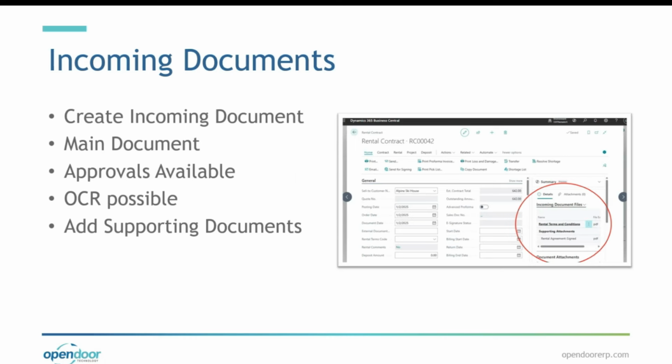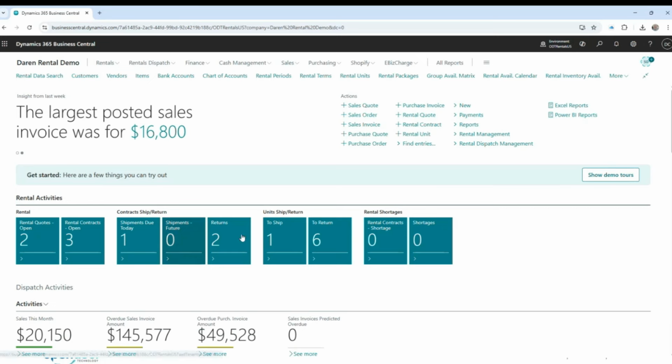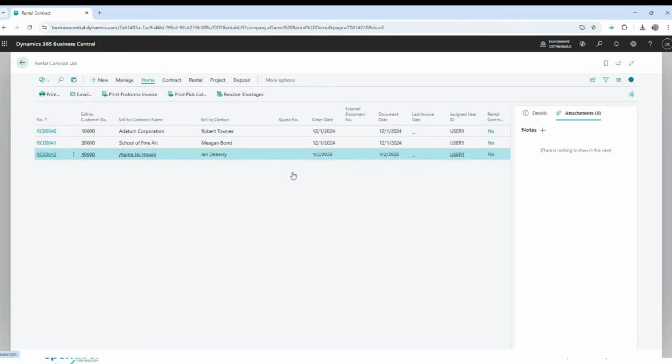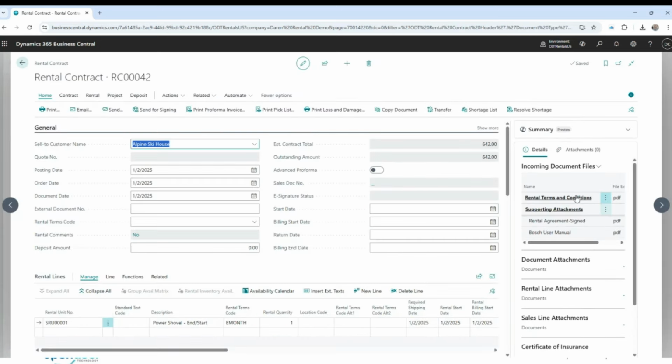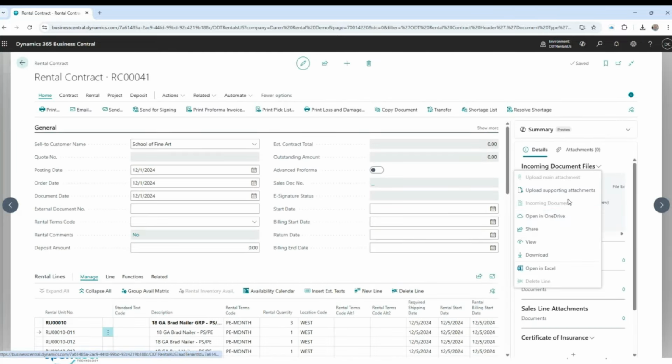Incoming documents. So the incoming documents feature was something that was added in standard Business Central on sales documents and purchase documents and whatnot. And in rentals, we've included it in our documents. So if we look at a rental contract, there's a documents fact box, where we can add new, and then, right, I'm going to